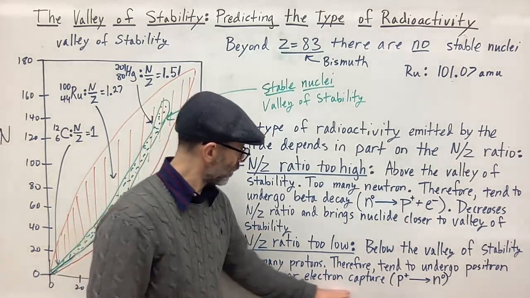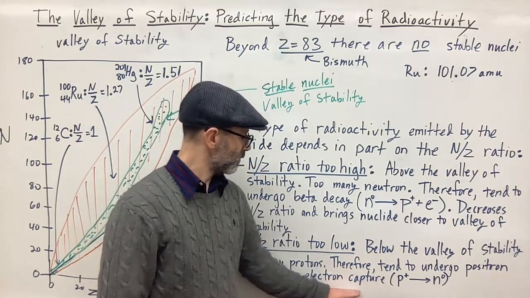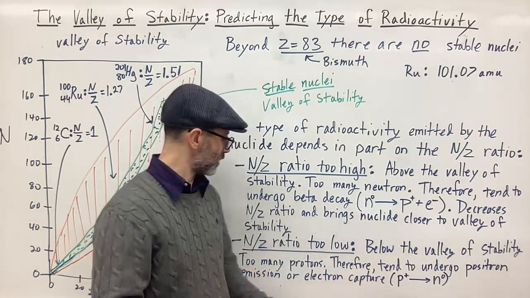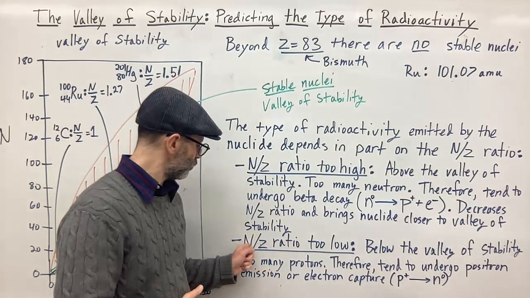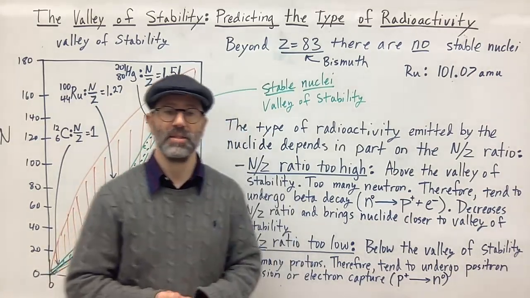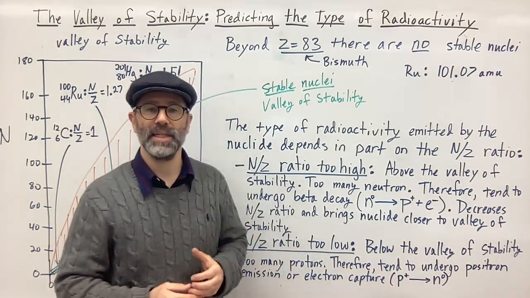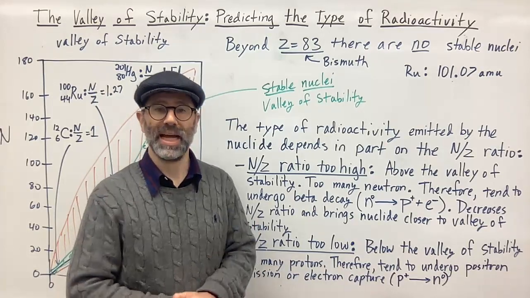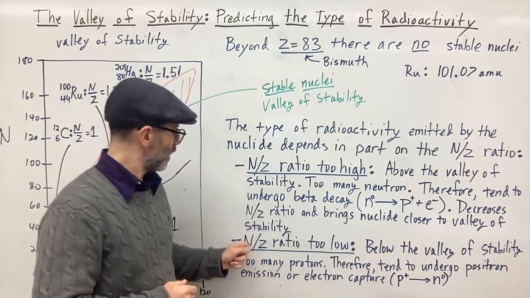Or you could also undergo electron capture. So remember, electron capture, the proton captures an electron and becomes a neutron. So again, you're going to increase the number of neutrons and decrease the number of protons by going through that process. So that's how you can predict what kind of decay your nuclide or your isotope is likely to go through in order to become more stable based on the